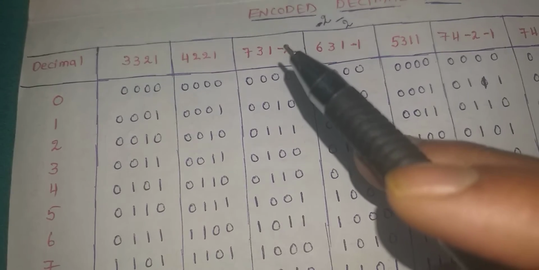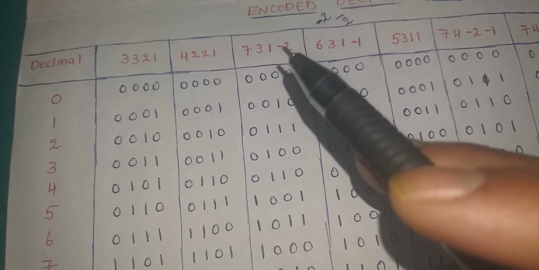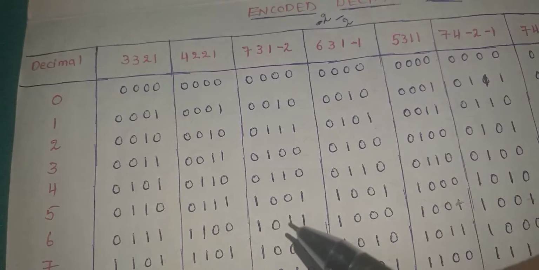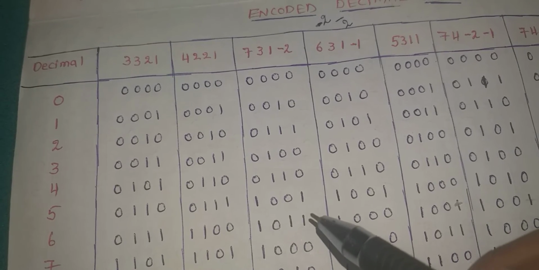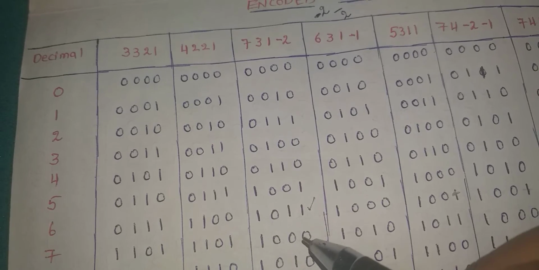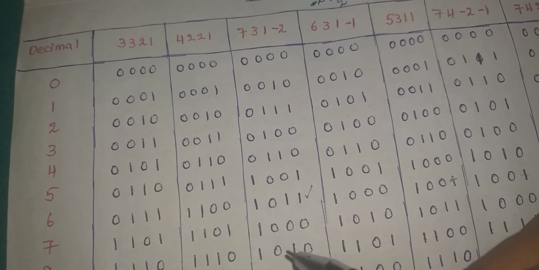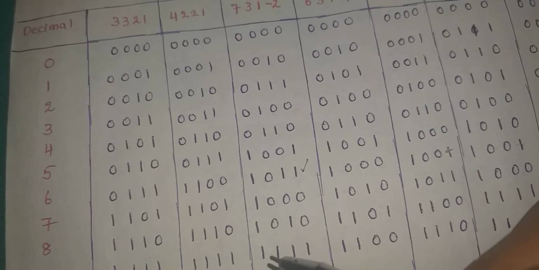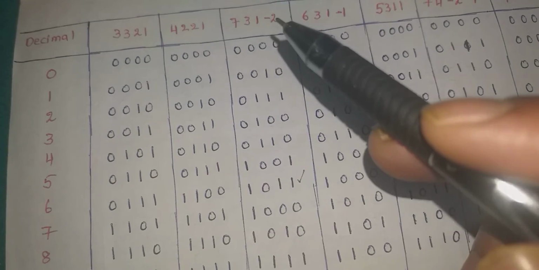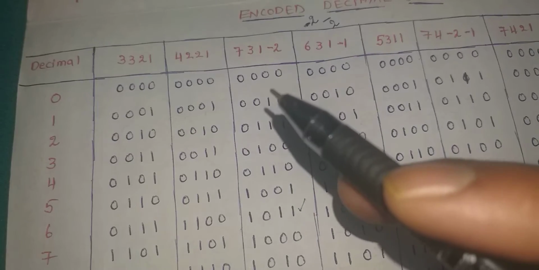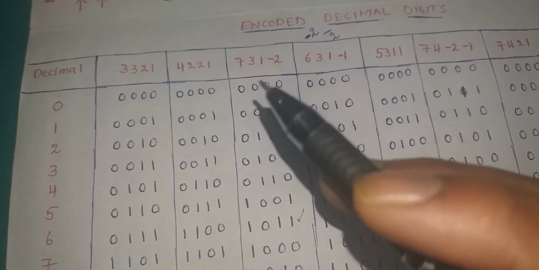Okay, 7 plus 1, 8. 8 minus 2, 6. This is one method. Sorry, this is the only method we have. Okay, then 7, 1 triple 0. Then 8, 7 plus 1, 8. Then finally 9. That means 7 plus 3, 10. 10 plus 1, 11. 11 minus 2 is 9. It is not mandatory that you should write in this manner itself. You can change it, okay, by your own.